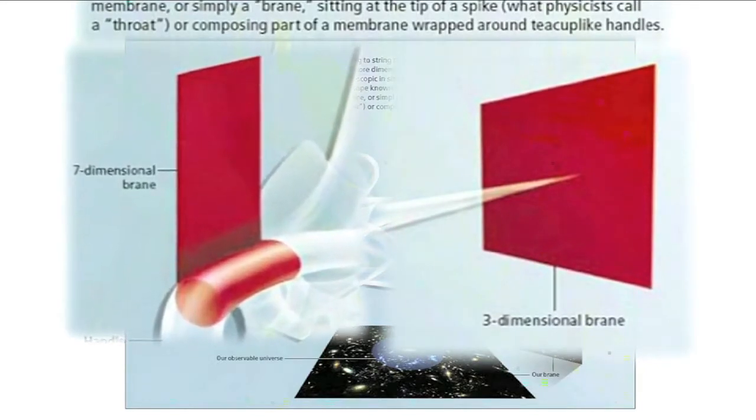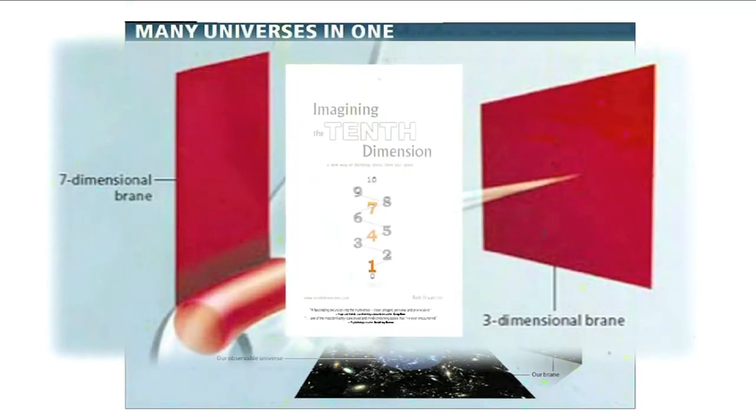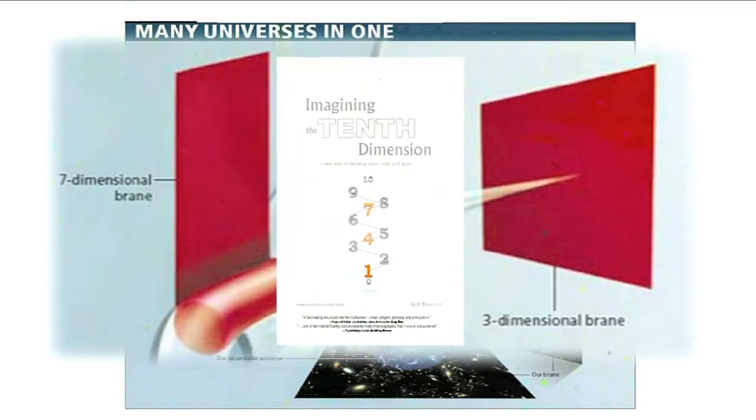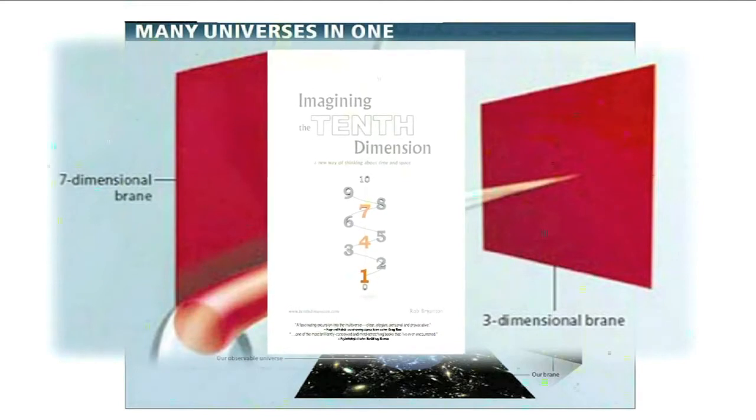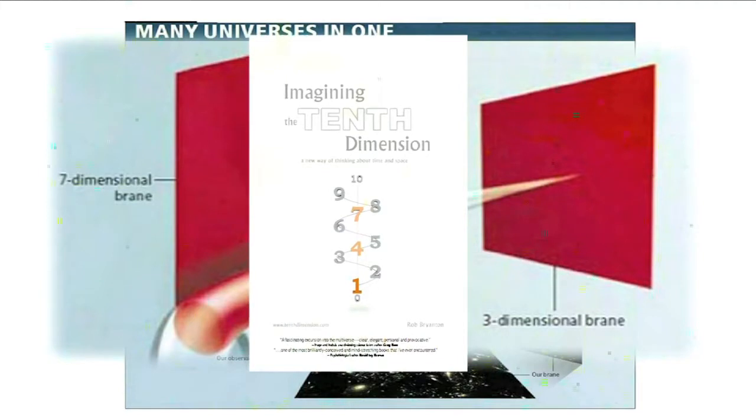As you can see in this graphic, these scientists propose that our universe is constrained by branes or membranes in the 3rd dimension and the 7th dimension. When I published my book in 2006, did I know that string theory proposes this? I did not. Still, there seems to be another very interesting parallel here between my proposal that our universe is